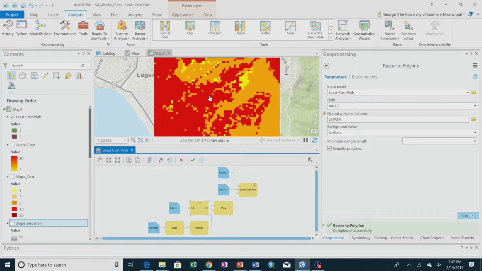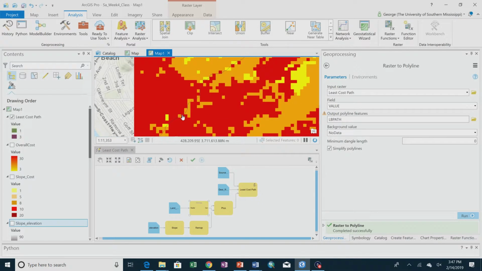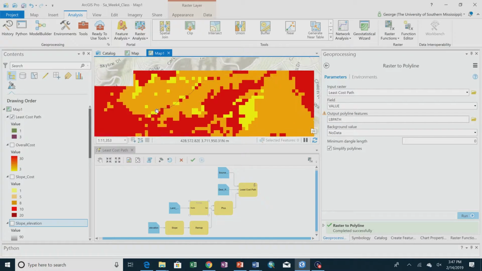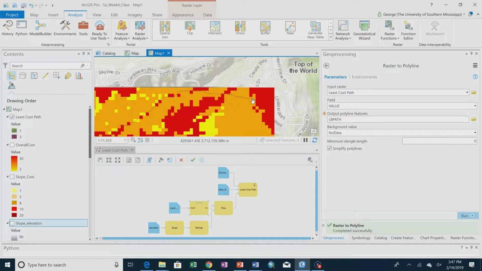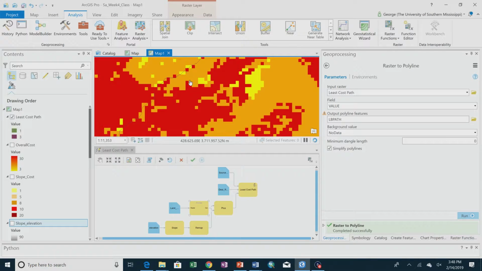And now it's hard to see on there, but it went up here, way up here, and came over. Okay. What is the 1 and the 3